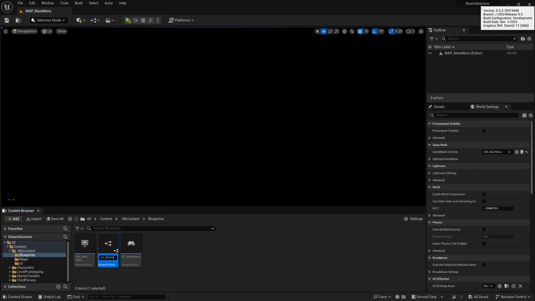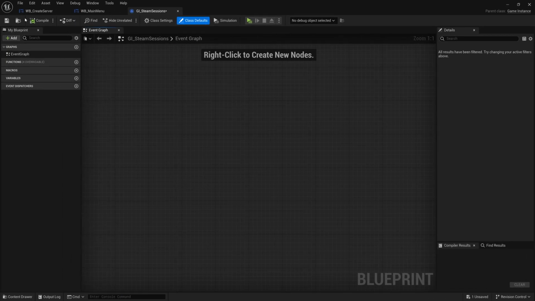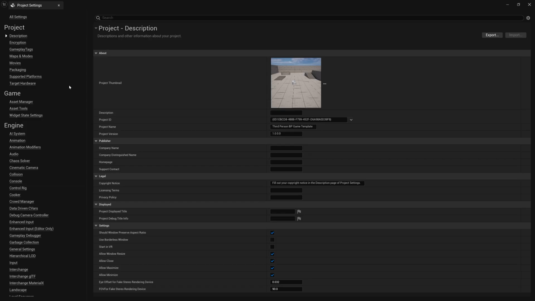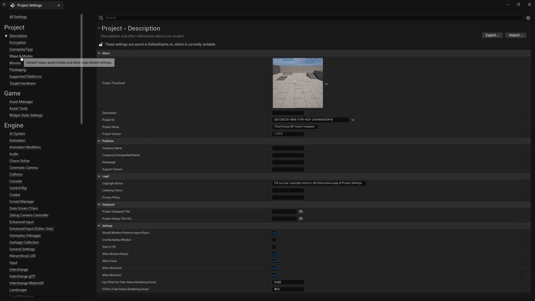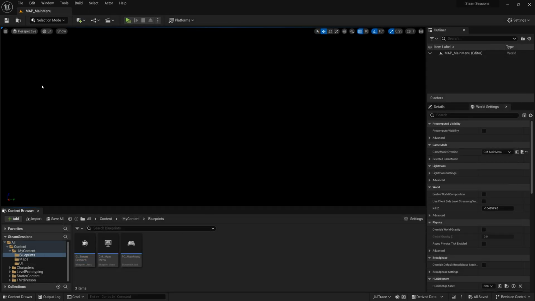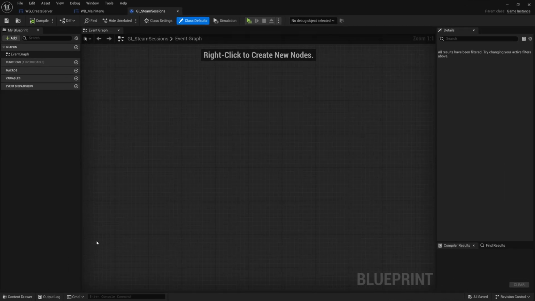So Steam sessions, that's what I'm going to call it. And let's enter the game instance. And before we forget, let's also go to Edit, Project Settings. Inside of here, let's go to Maps and Modes, and let's change the game instance default one to the one we just created. So GI Steam sessions. Now let's close it down and save everything, and let's go back to the game